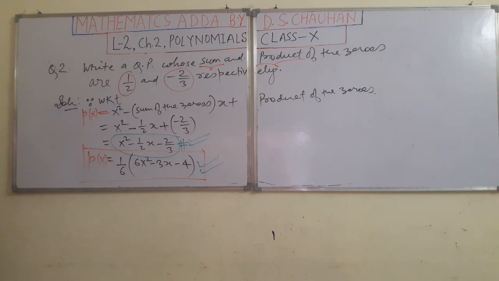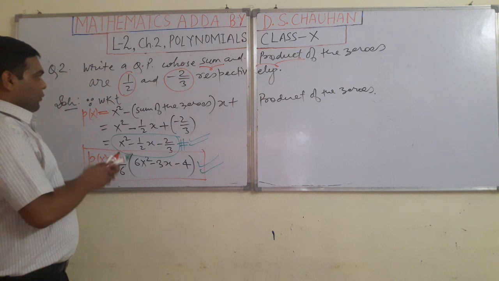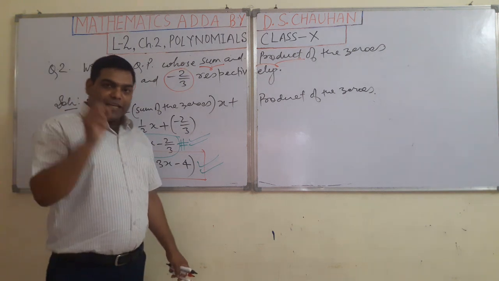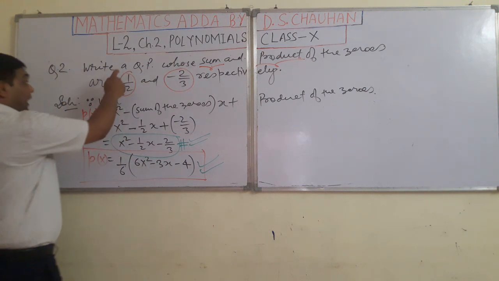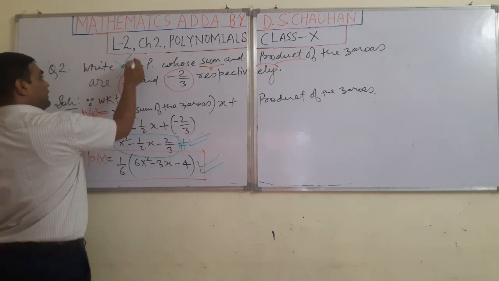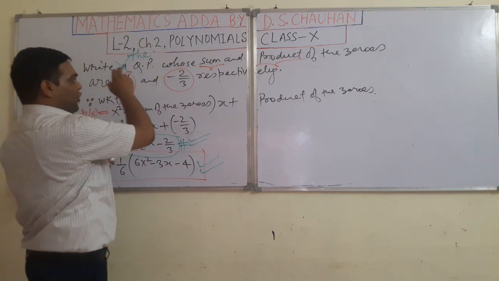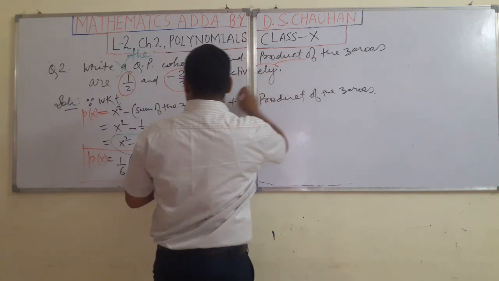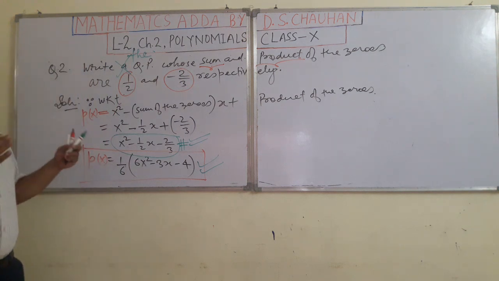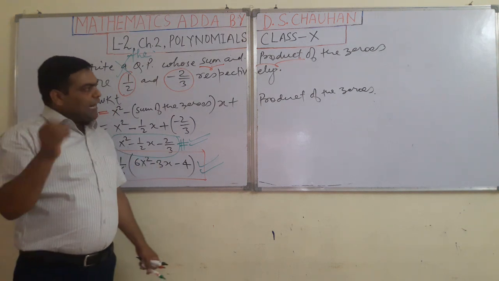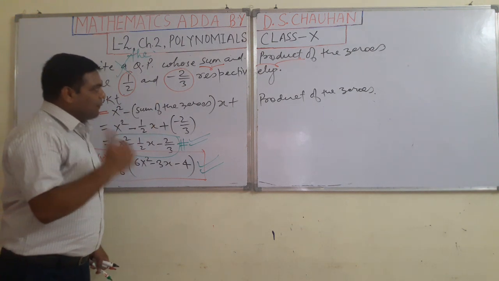So in this way, students, you have seen very easily we are able to solve such types of problems to score 1 mark. Well students, now if the same problem comes for 2 marks, and in the question instead of a quadratic polynomial there is the cubic polynomial, meaning write the cubic polynomial whose sum and product of the zeros are given, how to do? What is the formula for that? I am telling you, try to understand, and I will tell you that in 2 ways. Students, always keep this in your mind.